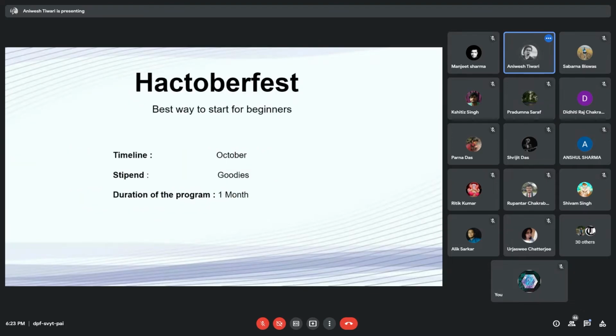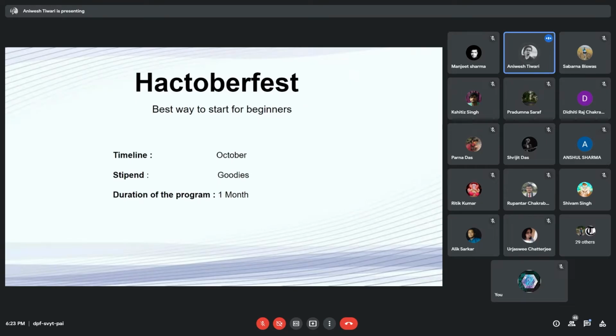The second one is Hacktoberfest. If you are a beginner to open source and have not contributed anything yet, then I suggest you start with Hacktoberfest, because it will come next month, the month of October. If you create more than 4 PRs, then you will receive a swag, a T-shirt, and the duration of the program is 1 month.